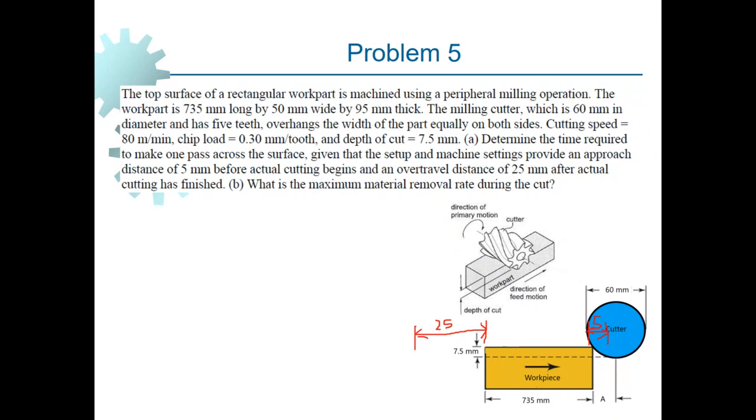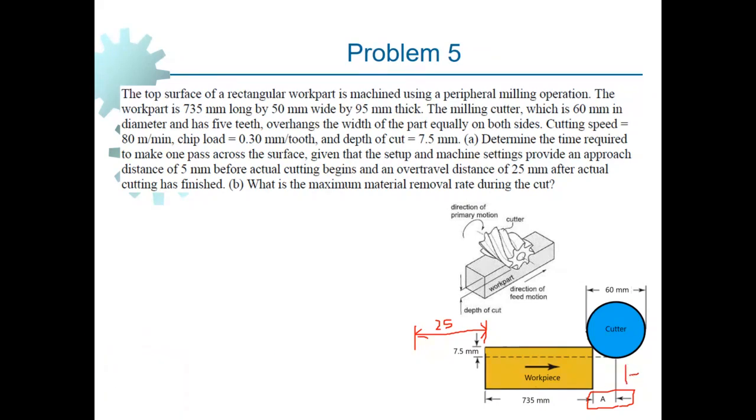This is to be considered. So 2 extra distances are to be traveled in order to clear the face of the workpiece, and also we need to consider an allowance, which is this much. This also needs to be considered. So indeed, if we want to show it properly, I have to take this 5 mm off from here and add this to